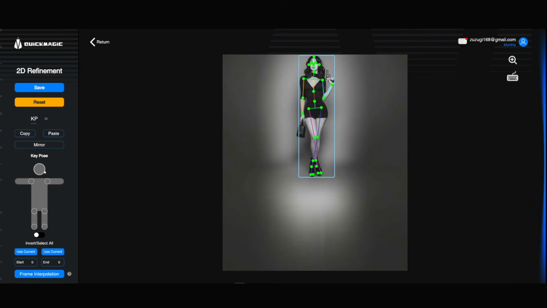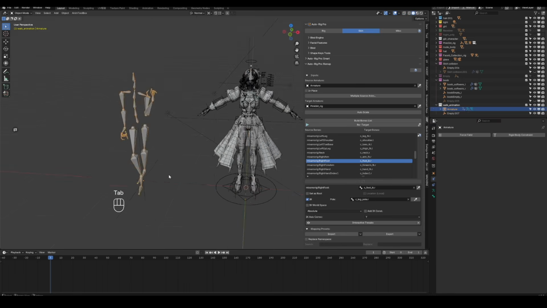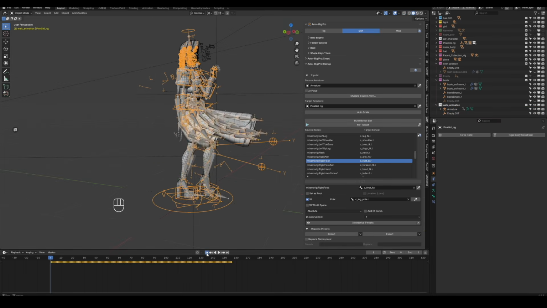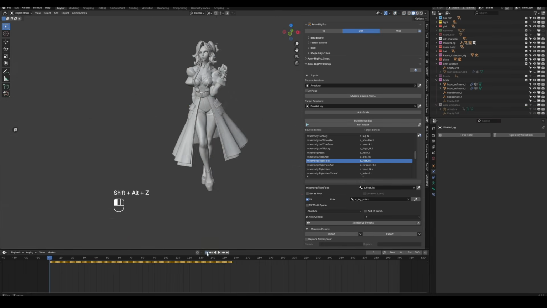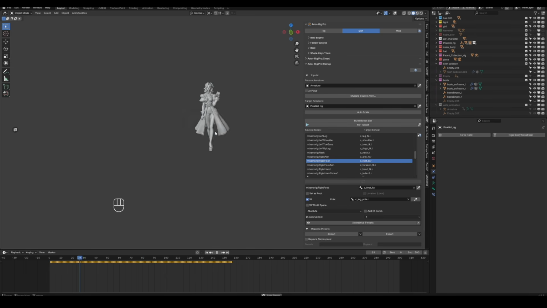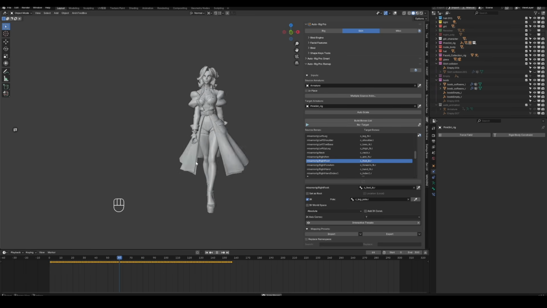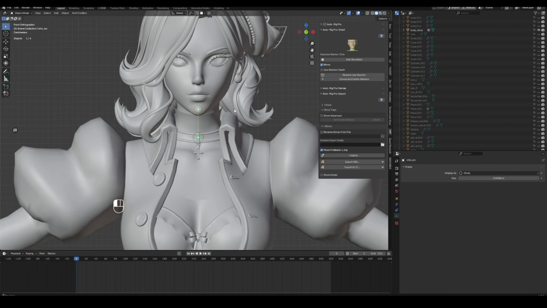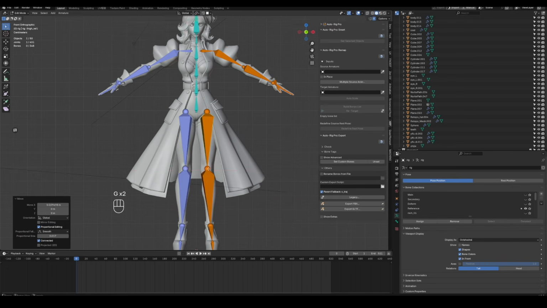Today I'll share a time-saving workflow using QuickMagic AI, a fairly mainstream video-based AI mocap tool, to quickly generate 3D motion from a single clip, and then apply that animation to your character and your project in Blender. If you can model, you can make your character move. Think of this as a quick start.